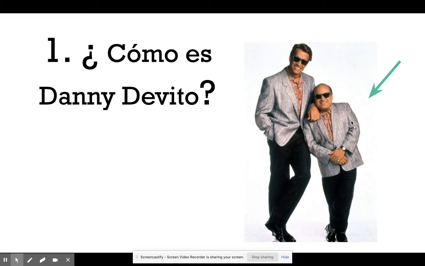What you need to do is come up with adjectives to describe the person. I really would like you to try to come up with 2 adjectives, probably one more physical, kind of like body type, height, weight, hairstyle, hair color, things like that. And then maybe more personality, kind of what does it look like they're doing, kind of personality trait. So physically, Danny DeVito is obviously short compared to Arnold Schwarzenegger. So you would say like Danny DeVito es bajo.